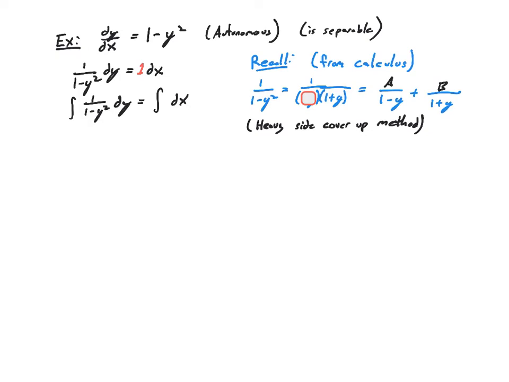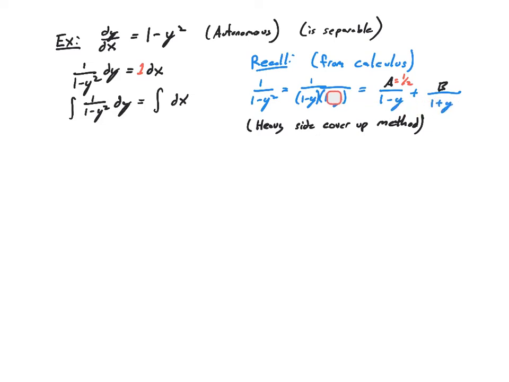And if I put 1 inside what's left after I cover it up, I get 1 divided by 1 plus 1, which is a half. So let me move this guy out of the way and put in A is equal to 1/2. And again, this is just a quick shortcut. Some of you may not have seen this before, but again, it's just how to do it very quickly in your head.